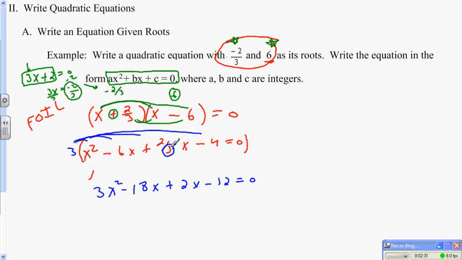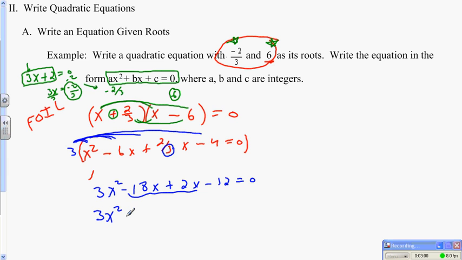In this case, it has a denominator of 3, so if we multiply everything by 3, that will take care of the denominator. So we get 3x squared, if we distribute the 3 here, and we get negative 18x. Then the 3 and the 3 in the denominator will cancel, which will give us positive 2x, and negative 12 equals 0. These two are like terms,